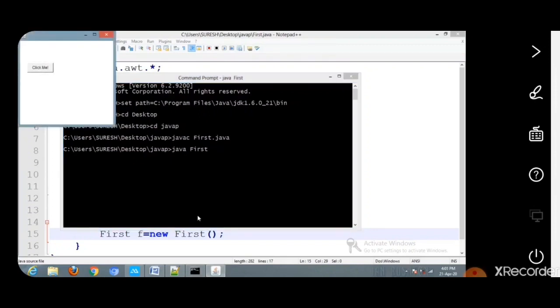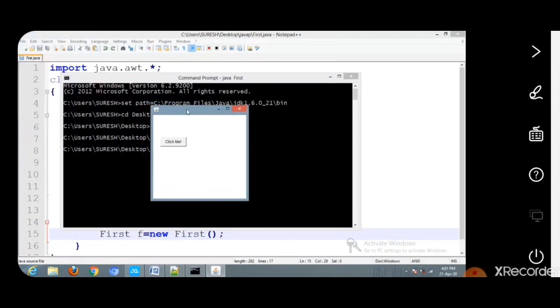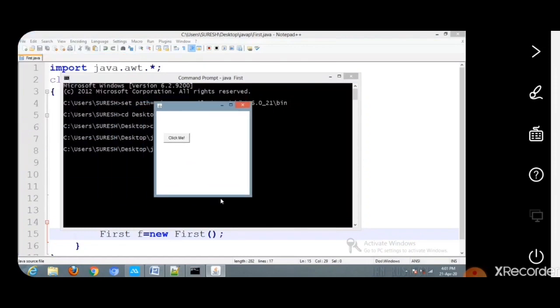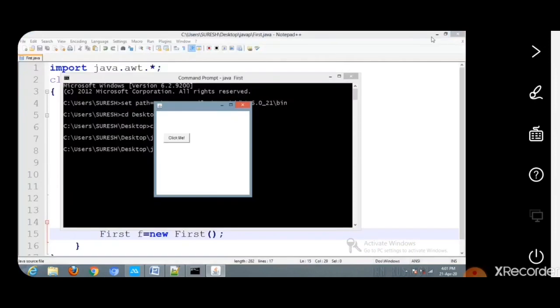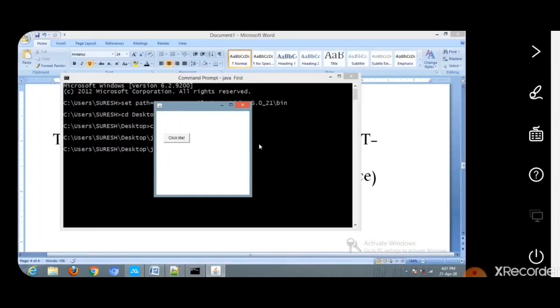So we get the window according to our output. This is the AWT frame which we have created. This frame can be maximized and this frame can be minimized. Okay. So minimize ചെയ്യുമ്പോൾ നമ്മൾ ഡിഫൈൻ ചെയ്ത സൈസിലേക്ക് അല്ലാതെ അതിൽ കുറവ് സൈസിലേക്ക് അത് പോവില്ല. This button does not have any action. Okay. Then